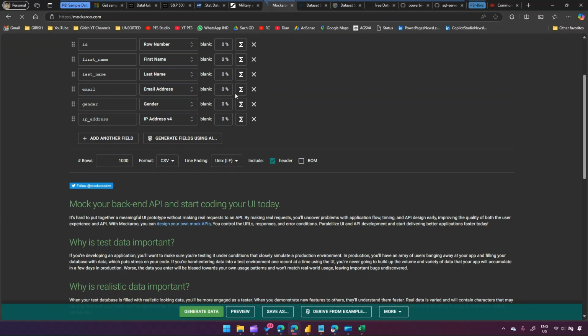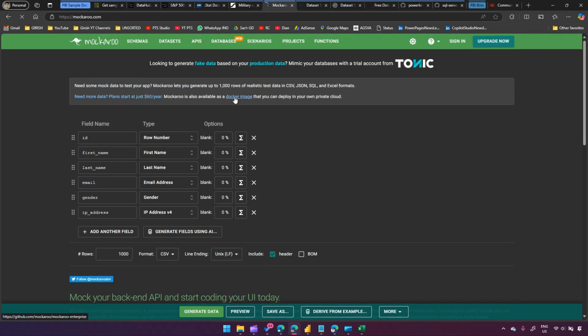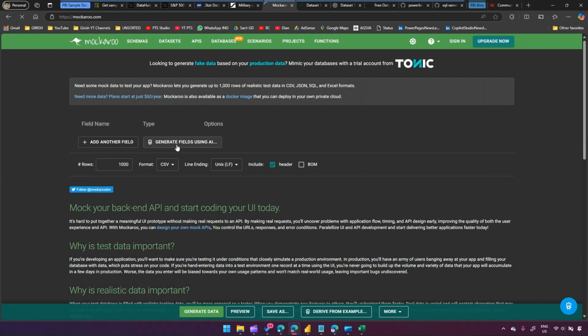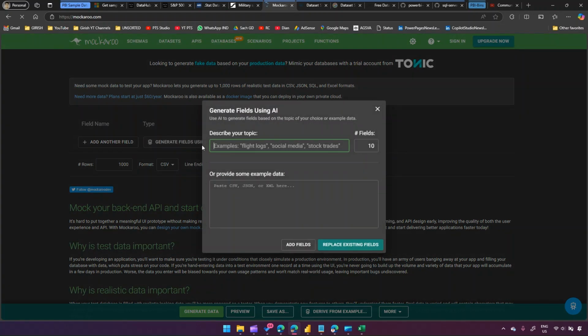Then we have a site called mockaroo.com. Mockaroo.com basically will create fake data. Now, if something comes to my mind, like say I want to see electric vehicle cars in the world, I can generate my own schema. Here I can just remove all these fields, and I can use an AI prompt. So if I select here and say describe your topic, I want data about electric car sales in Australia,